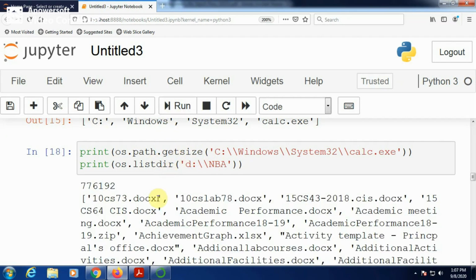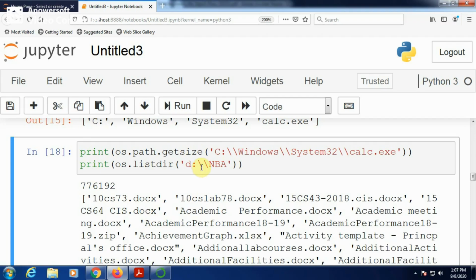It displays all the files of the NBA folder. Like that, if you want to display the content of a particular folder, you have to give the list directory function, which belongs to the OS module. Okay, os.listdir, and size of the file if you want to see. For example, if you want to see the size of the file